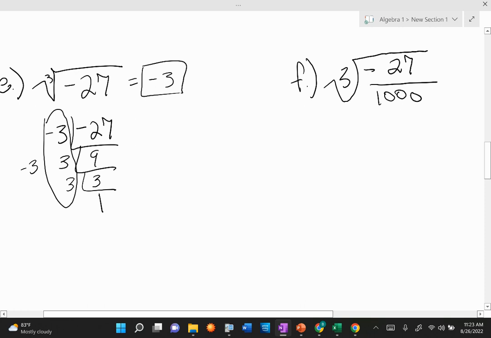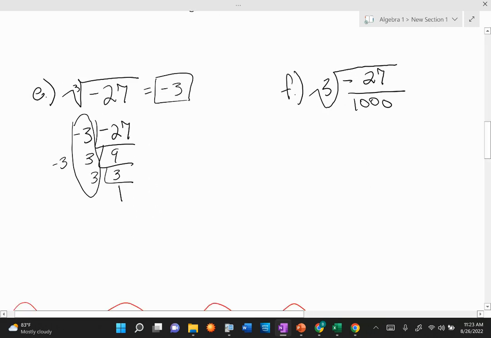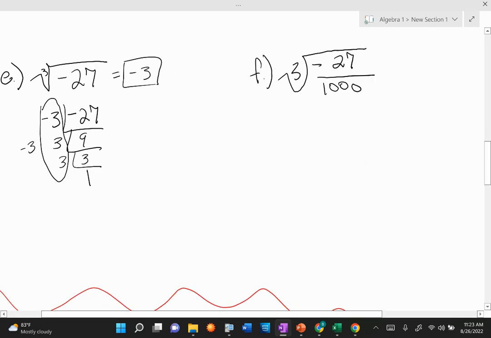Who figured out F? Okay, hold your answer, Josh. Yeah, F. Okay. So let's go through F. Doing the cube root of negative 27 over 1,000 and trying to do that all together seems extremely complicated. Do we agree? Yes. So make it easier on yourself by doing what I showed you up at the top with the 1/8